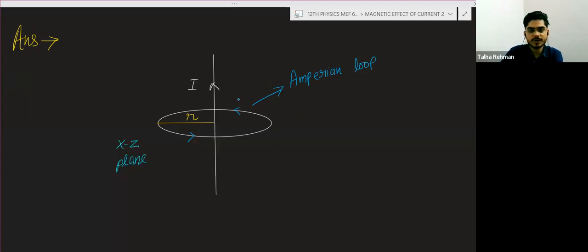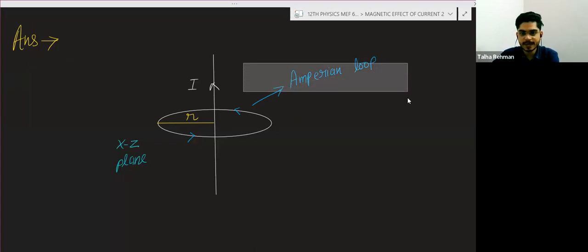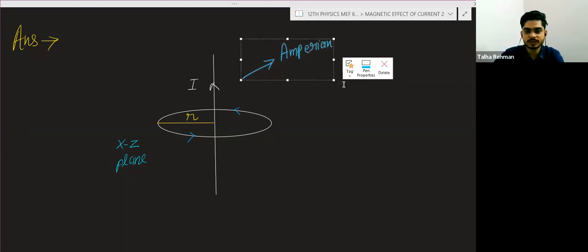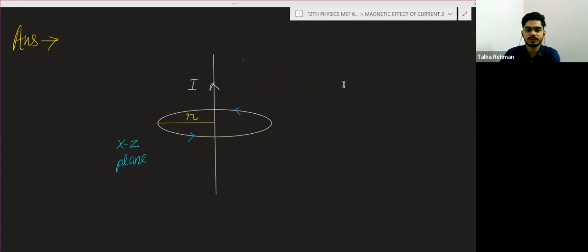And when you will find the magnetic field at any of the points, you already know this circular thing is an Amperian loop, so no need to write it. So just take this point. Suppose at this point you want to find the magnetic field due to this current carrying wire. Okay, so the magnetic field will be like this,